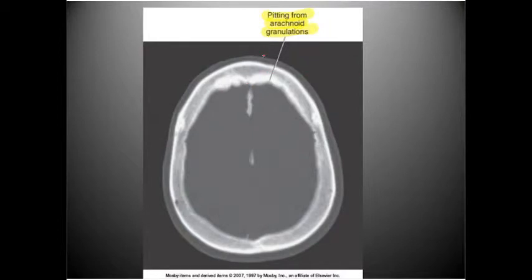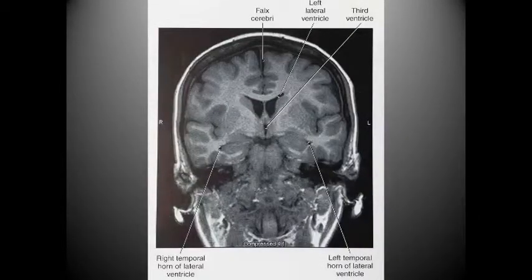Okay, the reason that I put this in here is because sometimes when you're scanning through the patient's head, the skull doesn't look all nice and smooth as you see some of these borders here, and you see this kind of choppy appearance, and that is pitting from arachnoid granulations, and that's just something on the image as you're scanning through, an incidental find. Here on this coronal image, we can see that we have the lateral ventricle being here,